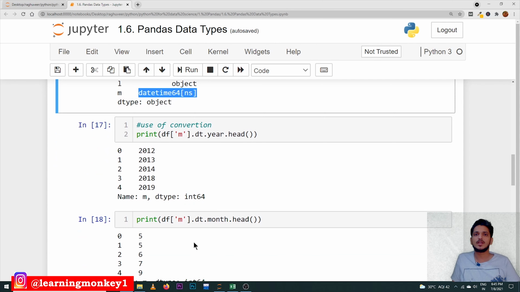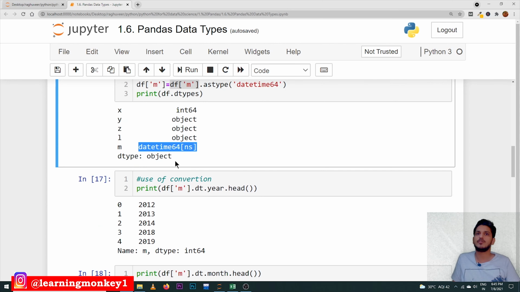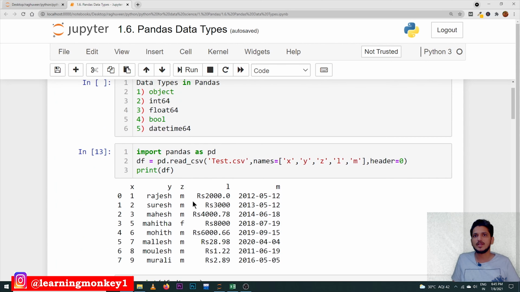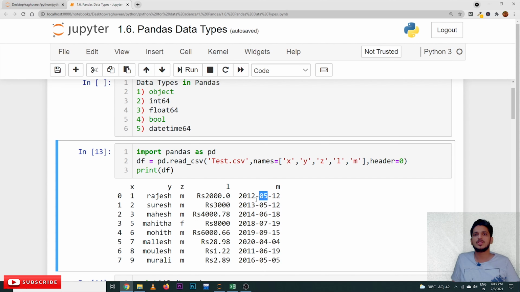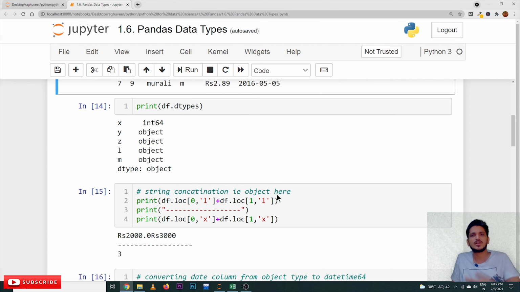So how to do that? If you don't use this date time format, date time object, what do you have to do? You have to write the code for this. Take it as a string, and in that string you have to identify. If you want May, you have to consider this 5 as May, and we have to write the code. Instead of that, the methods are available.